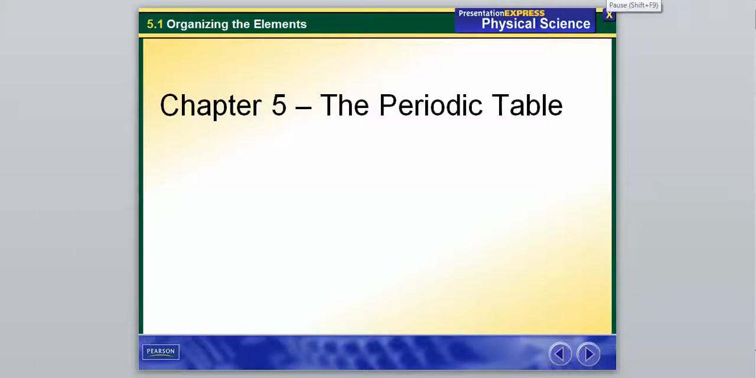This is Mr. B, and today with this video we are starting Chapter 5, and the title of that chapter is The Periodic Table. And most of you, if you pay attention, see this every single day when you walk into my room. It's hanging up in the back really big. It's been in every single one of your science books, probably for multiple years now. And in this chapter,